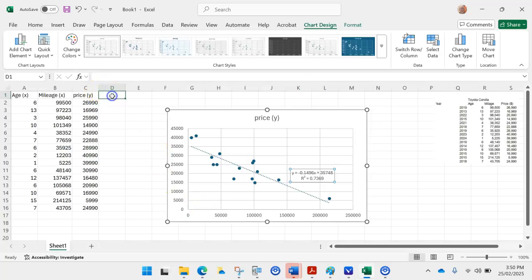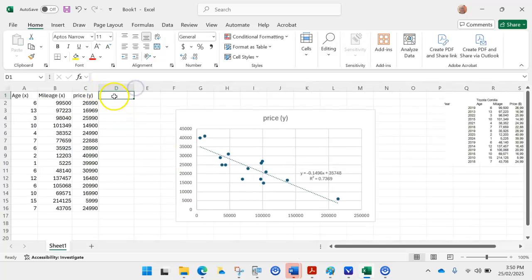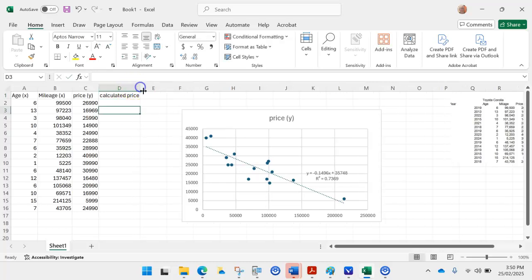So I want to go back to my spreadsheet and add in a column. We want to put in the calculated price. And again, we're going to calculate it using this equation that Excel has given us. So we go to the first cell that we want to put a calculated price in. We click on that, then go up to the formula bar, press on it and press equals. And we're going to enter the equation that we got from Excel, which is this negative